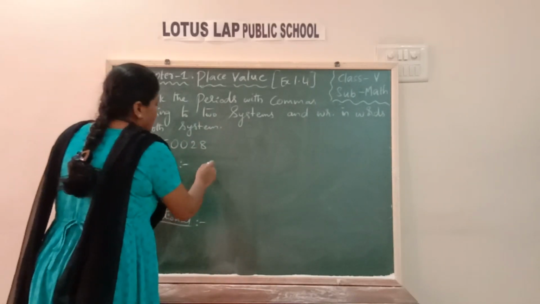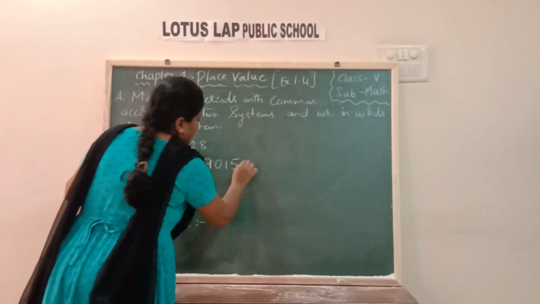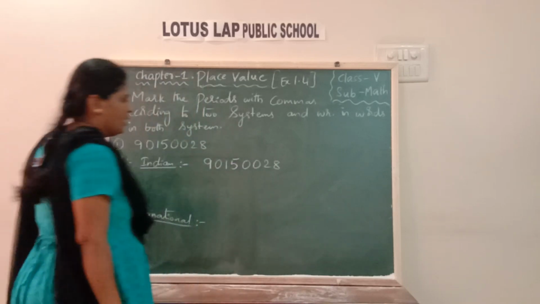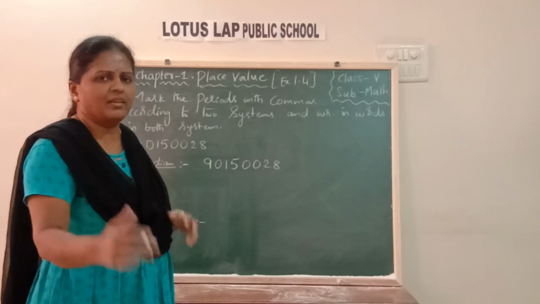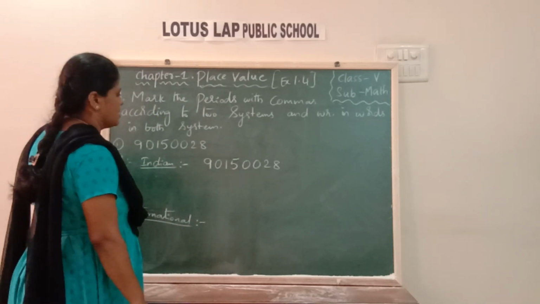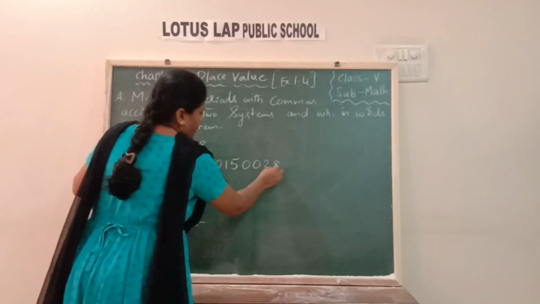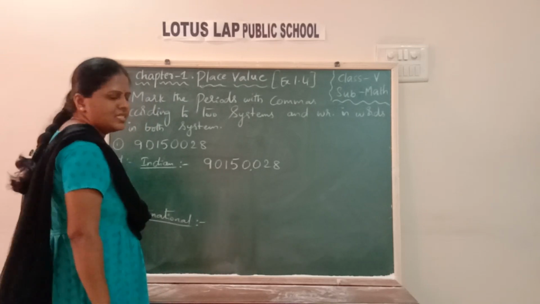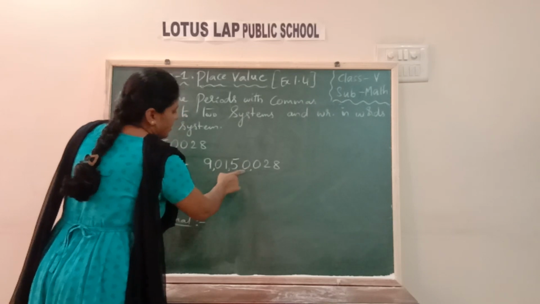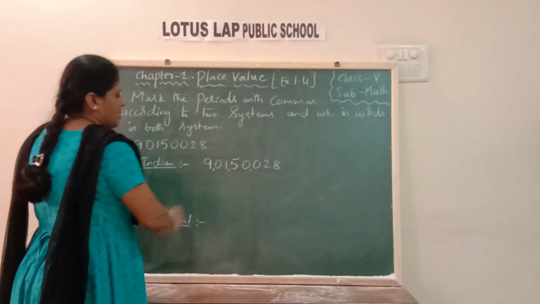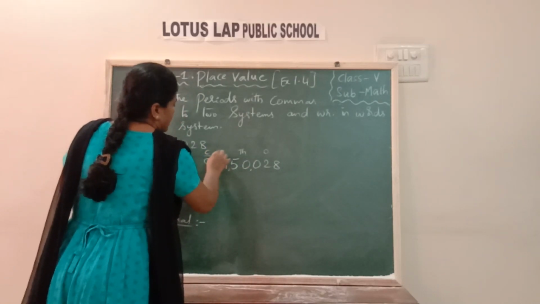So let me take the number first in the Indian system, children. The same number I copy here. Now first place the commas and write in words. If you place a comma it will be easy for you to read the number and write the number. Now, in the Indian system, how do we place the commas, children? Start from ones place. First after 3 places, that's how the ones period will end. Next after every 2 places. So like this: ones period, thousands period, lakhs period and crores period.